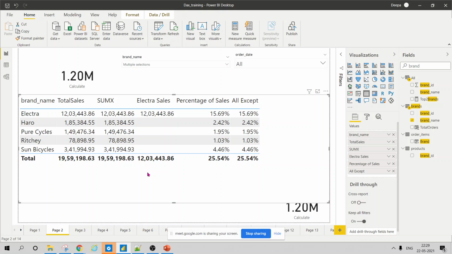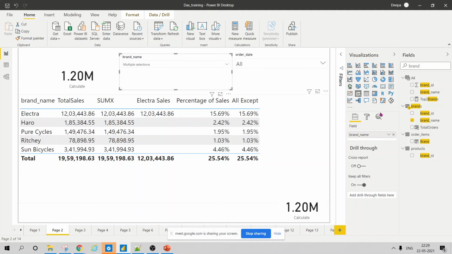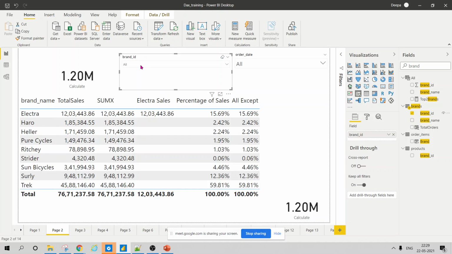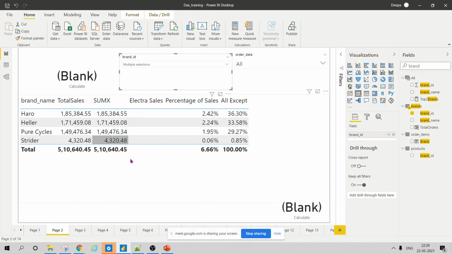Okay. So here, this was the scenario when I was trying to filter on something else. Let me do it. Yeah. So this is what I wanted to tell you.